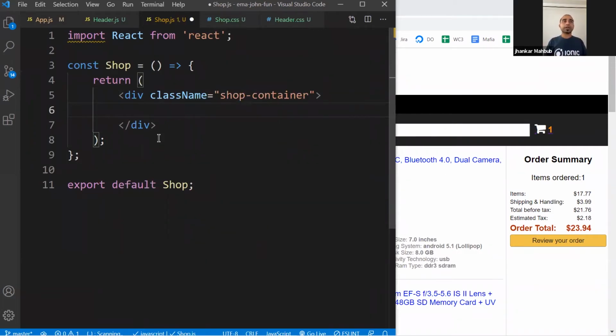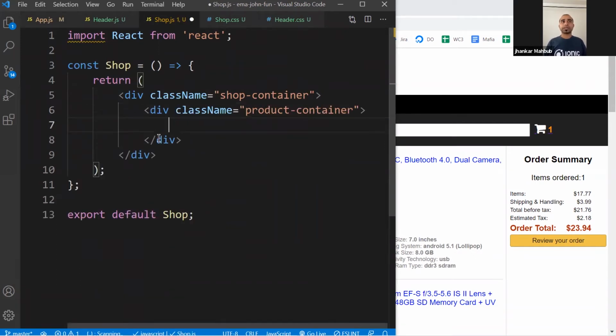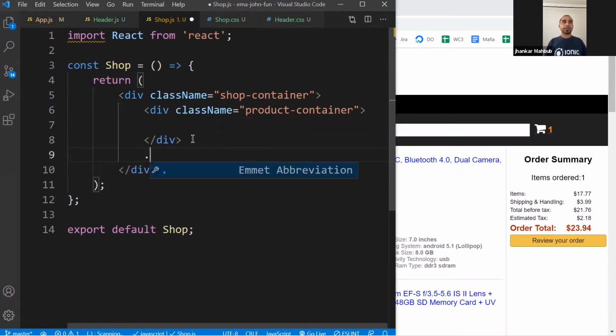The first one we'll call product container, because you will have some products. If you type just dot, it will create the class name for you. And the second one is dot cart container. This contains the shopping cart.